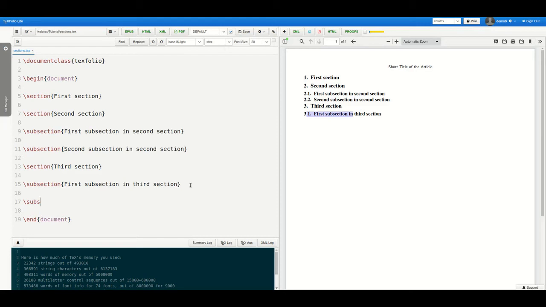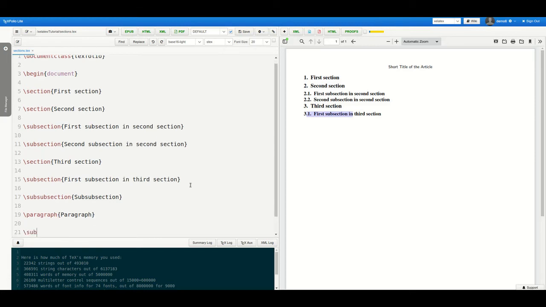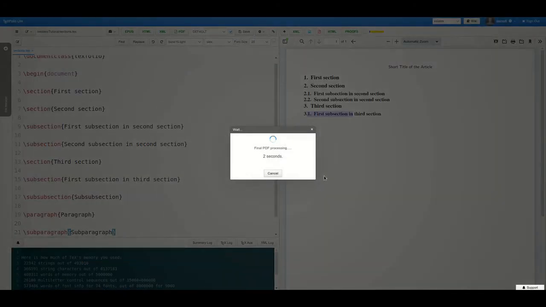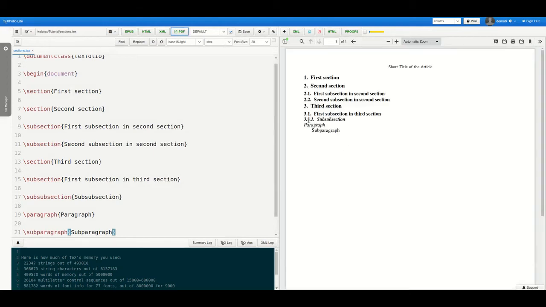Now we are testing other levels of section commands also, that is subsubsection. \subsubsection is used and the fourth level section heading is paragraph and fifth level is subparagraph. Now it is coded. Click PDF button again.